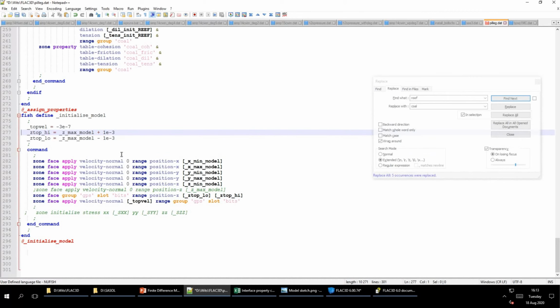I have my reasons, which I'll explain later. So here's something I can use directly, as we discussed hopefully in the lecture. Zone face apply velocity normal around x, y, and the lowest z point, I'm just going to apply constraints. It's constrained all over the place, and then at the top